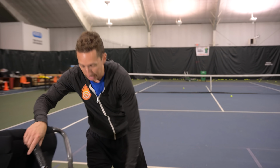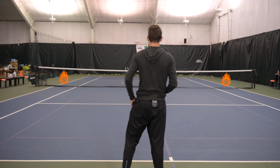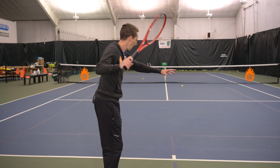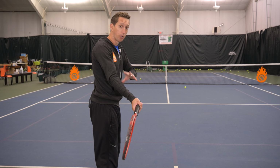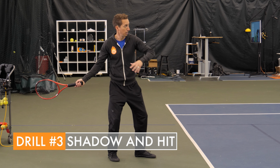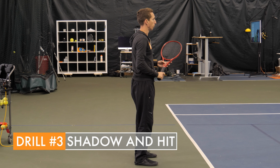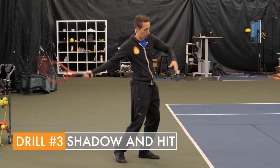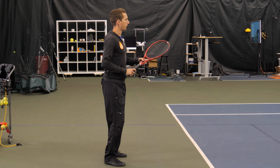And then once you get the hang of that, you can just drop a ball to yourself. I'm going to use a ball machine just because I happen to have one. And I'm going to practice first making myself lead with my body and make sure my racket follows behind, pull my hips and my chest forwards, and then swing my arm through. So I'll do that twice, hips first, arm comes through, and then I'll hit a ball. And my goal here is to